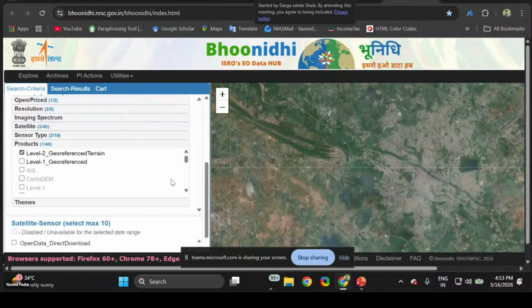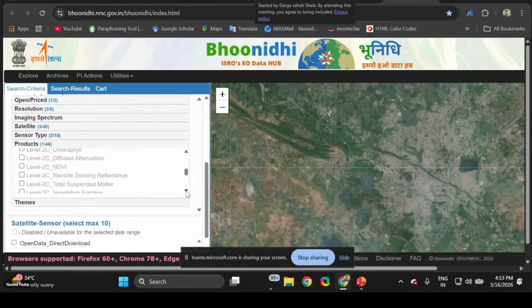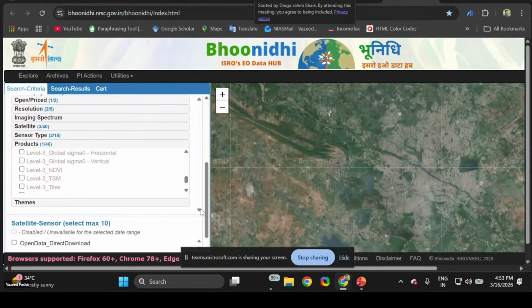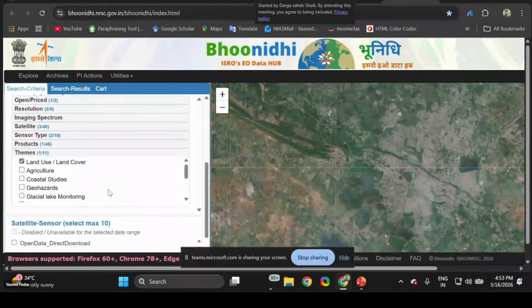This level 2 is ground rectified, geo-rectified. For what reasons you are taking it, this is optional. You can say land use, land cover, or fire. There are some themes: geohazard, urban, water, dam, flood. So you are taking this for land use, land cover.